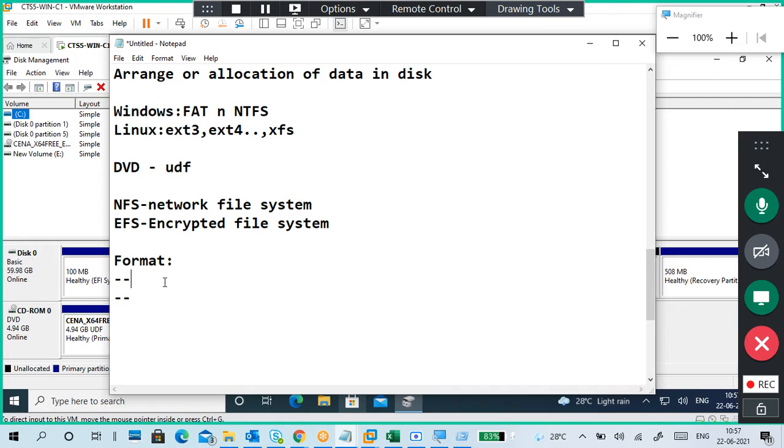Because of usage, the meaning is changing. So formatting a pen drive, formatting a drive, formatting a system means remove everything. That is what we generally use the word format for, generally in computer terminology. Tell me, in normal terminology, what is a format?